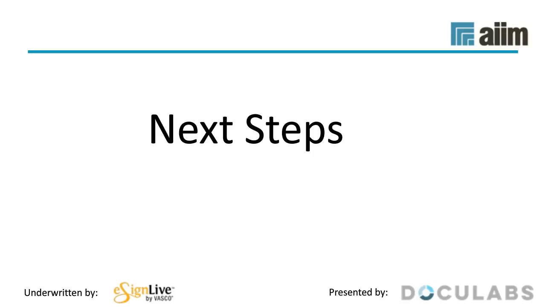So what are next steps? Well, 3 things I'd say. First, identify and prioritize your opportunities. Do the inventory that I was talking about with the decision tree I was talking about to get the 4 buckets: do nothing, digitize but no signatures, digitize and signatures, but they have to be wet signatures, unfortunately, and then the good one, which is digitize and use e-signatures. And then prioritize according to high volume, high benefit, and so on, as I indicated.